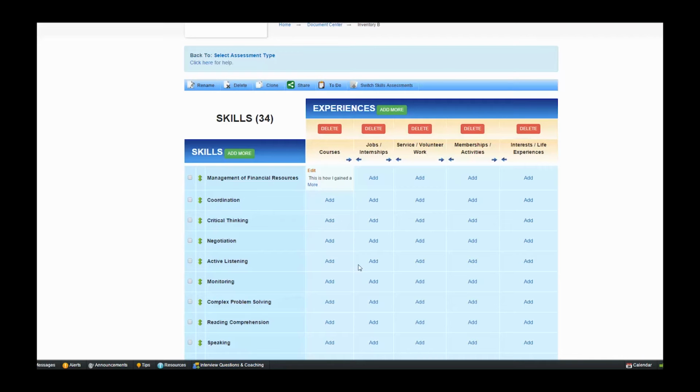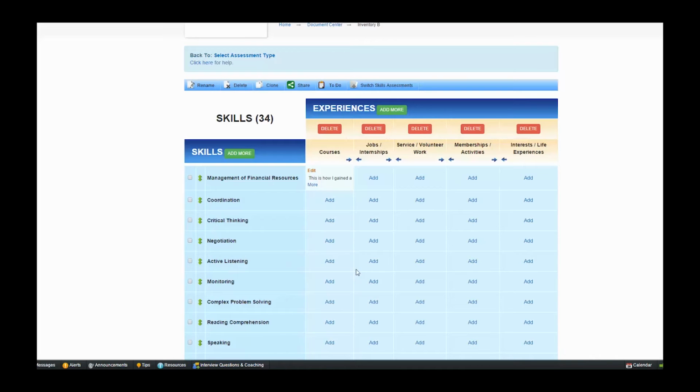Continue to add more experiences for the different skills. Your work is saved as you go. By having all of the items included in one spot, it can help you beef up your resume or provide examples for you to use during an interview. This is also useful later when you create a website from the Resume Builder.